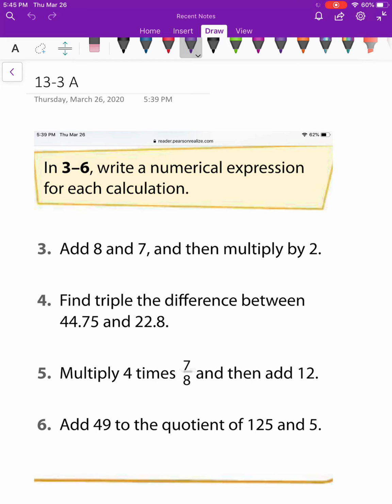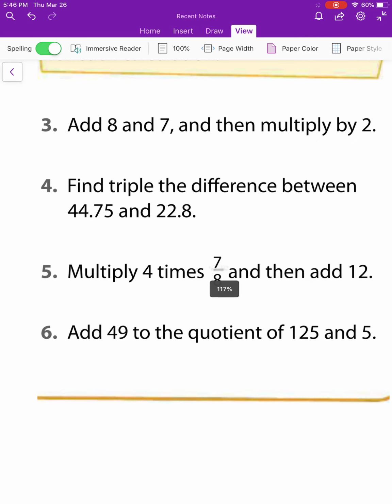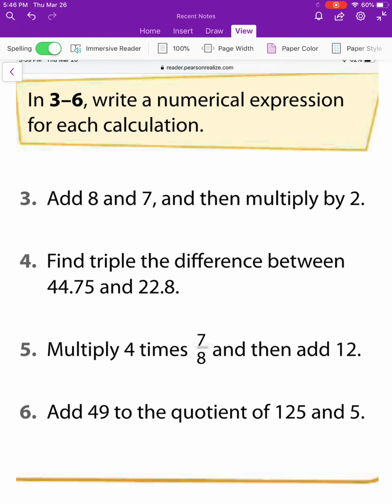Okay, and we start with the guided practice. Now, question number 3 here. Can you read the question? Add 8 and 7, and then multiply by 2. Okay, so we have to add 8 and 7 and then multiply by 2. So we have to give the higher priority to adding. And in this case, if I write